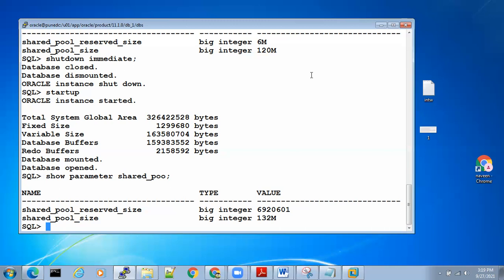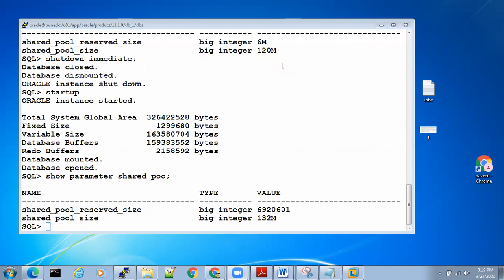So that's about the P file. If we are using a P file and you want to change the parameters while the database is running, guys, the database is running. All the application users are connected to the database, the application is running, and the users are looking at the data. Suddenly, you as a DBA, from the back end, are changing the parameter in the P file, but it's not getting affected. When will it get affected? Only when you restart the database.